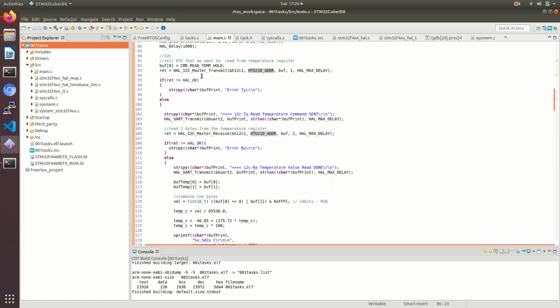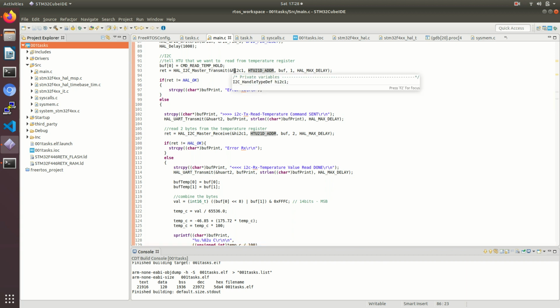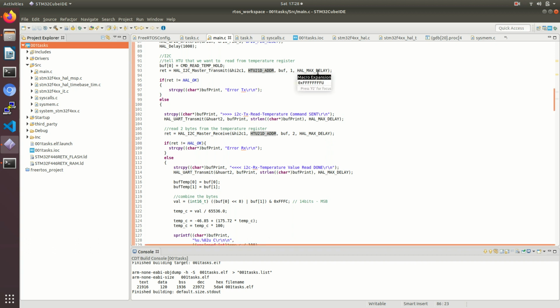In the I2C write, I'm issuing only one byte to the address of our I2C temperature sensor. Similarly, I have this master receive function to read the 2 bytes from the temperature register.